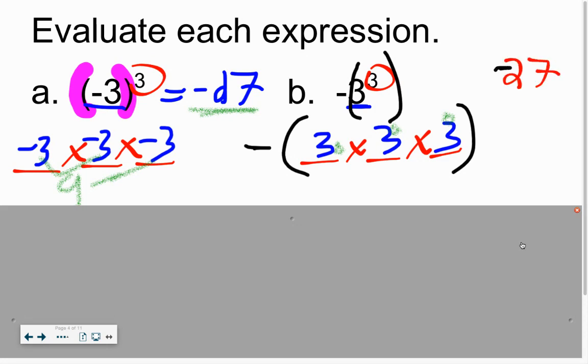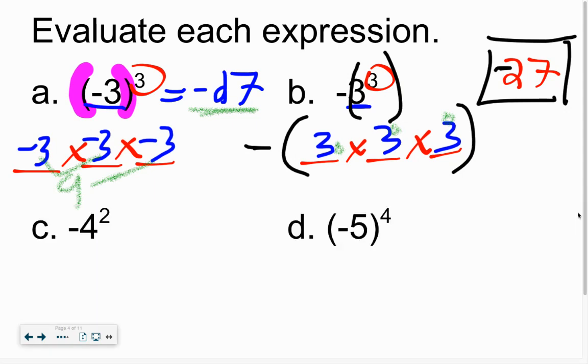It is a -27. With the odd exponents, not a big deal because it doesn't change very often, but with the even ones, we must be very careful. For example, down here, -4 squared, sometimes we'd say is 16, but again, this one is unique. The 2 means we need 2 of the factors, and that factor, that base, is just the 4 because it's